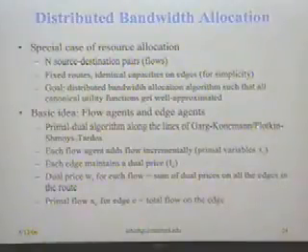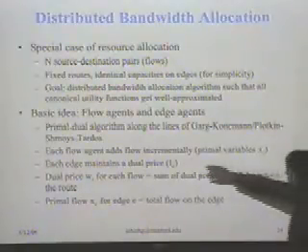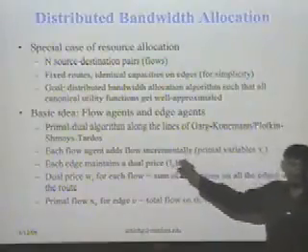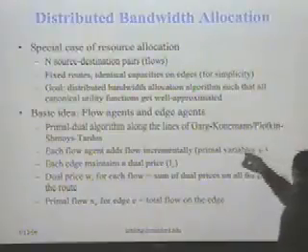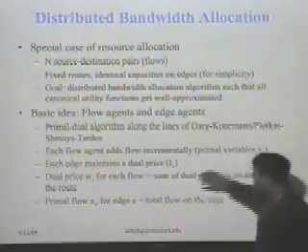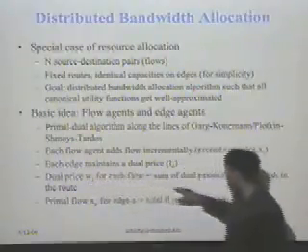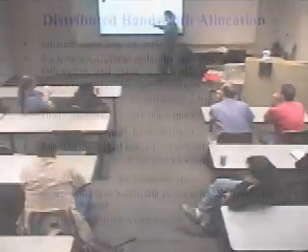The dual price is only on the edge, and this dual price is not a real price, it's not a real cost. It's just something artificial. The primal variables are the real variables. So you can define a dual price Wi for each flow as the sum of the dual prices on all the edges in the route. So if this edge has $5 and that edge is 10, then you can say the dual price for the flow is 15. And I can also define a primal flow XE for edge E as the total flow on the edge.